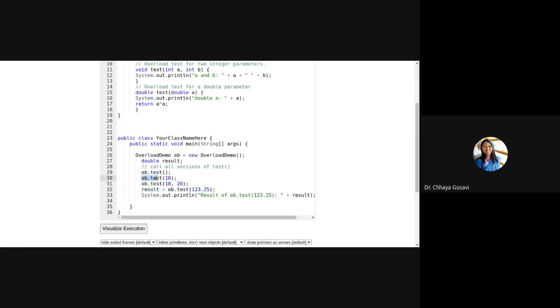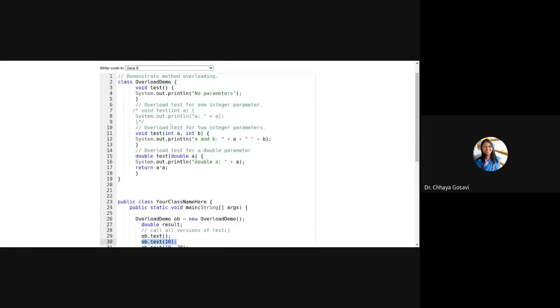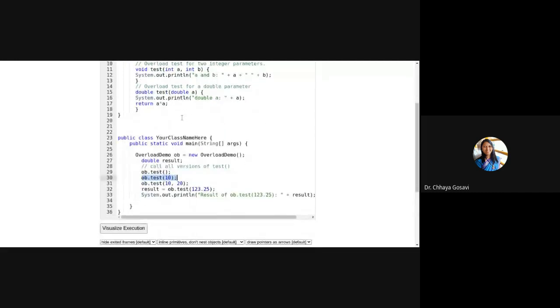So for this call, note that I have commented that particular part. For this particular call, will your program work or will it throw an error? And if there is no error, which method will it execute?